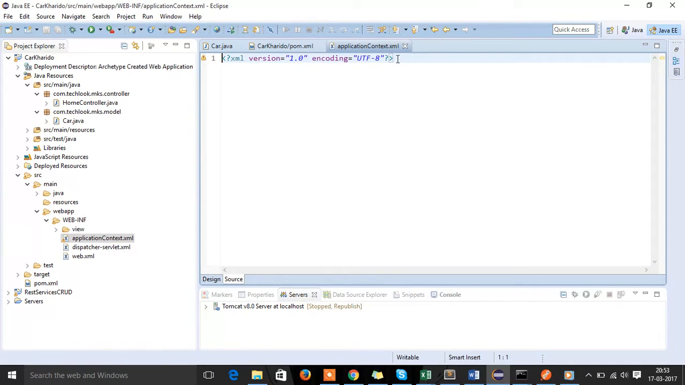Within this, we are going to specify all the dependencies which Hibernate needs. There are a lot of dependencies, and in order to provide the required dependencies to Hibernate, let's create beans, and within beans we are going to specify the ID. The first dependency we will be specifying to Hibernate would be the data source,